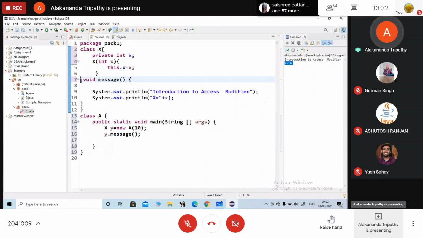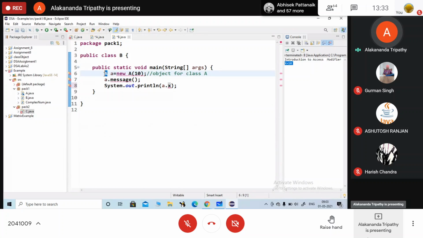Okay, and private data members can be accessible by only the methods of the same class. Private members कौन access कर सकता है? उसी class का same class method.